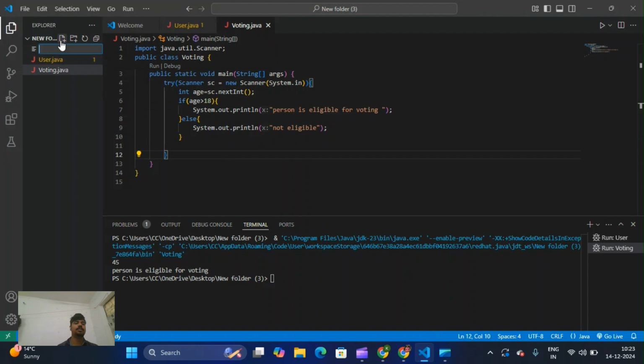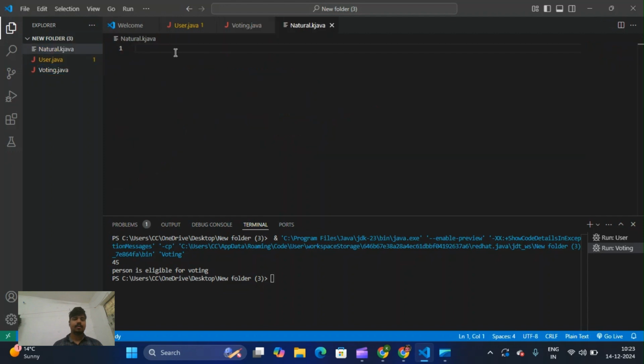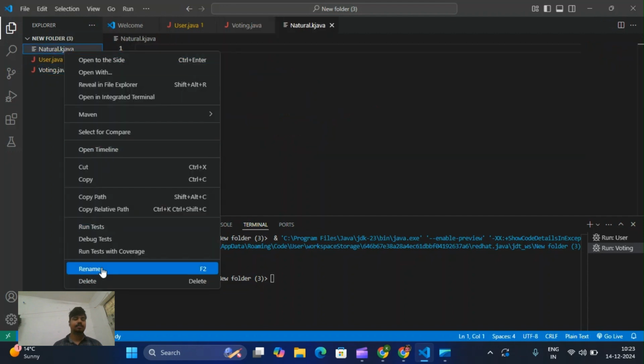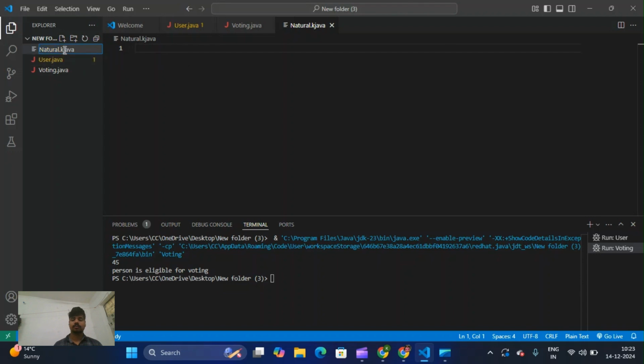So in the next problem I am just going to use a loop, which is a for loop, and I am just going to solve one problem: sum of natural numbers. So Natural.java is the file in which we have to write the code. Now it is correct. So I am just going to create one more file as public class Natural, and after that I am writing the main function